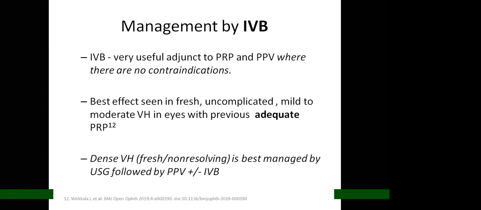So it's a very useful adjunct also, in addition to PRP and to PPV, where there are no contraindications. Surgeons going in either to do PRP or to do vitrectomy will use anti-VEGF agents to reduce bleeding intra-op for vitrectomy, and also when doing laser, to induce regression of new vessels and reduce the rebleeds so that the hemorrhage clears faster. Again, when you're using anti-VEGF as an adjunct to PRP, you want to be absolutely sure that there are no fibrovascular proliferations that may